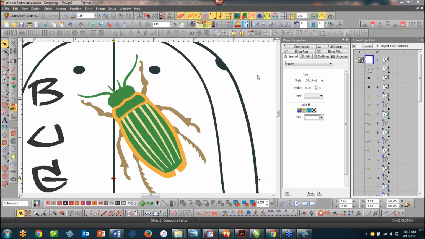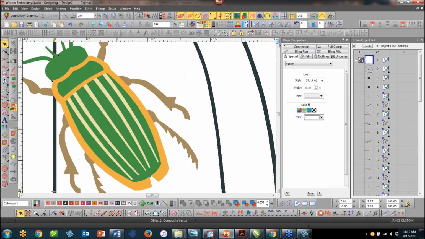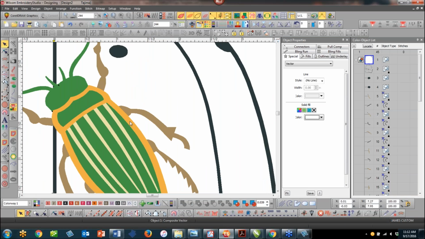Now, this particular bug here, as I look at this. Now here, as I zoom in, I see this leg looks a lot like this leg. Okay, this leg looks a lot like this leg. And so when you begin to look at the design and begin to break it down, because what I want